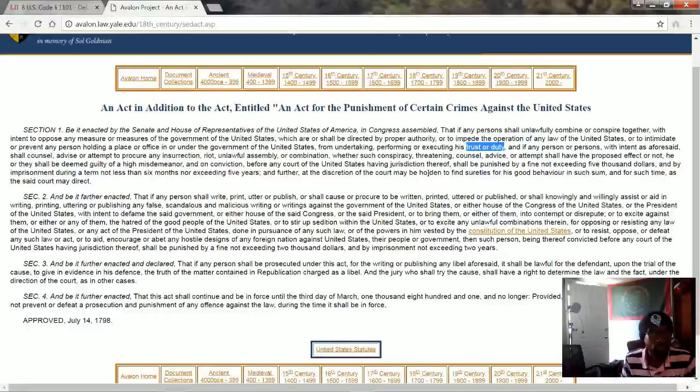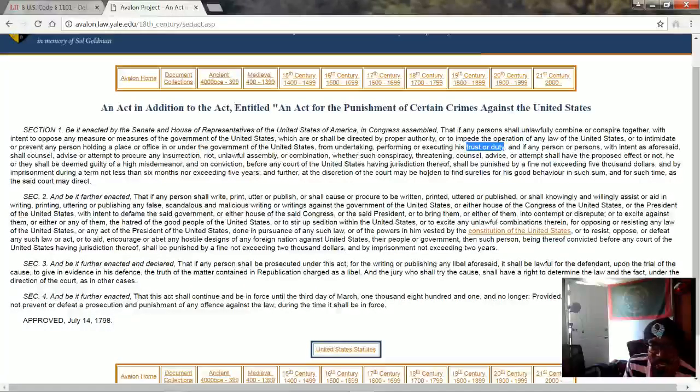Section 2. And be it further enacted, that if any person shall write, print, utter, or publish, or shall cause or procure to be written, printed, uttered, or published, or shall knowingly and willingly assist or aid in writing, printing, uttering, or publishing any false, scandalous, and malicious writing or writings against the government of the United States, or either House of the Congress of the United States, or the President of the United States, with intent to defame the said government, or either House of the said Congress, or the said President, or to bring them or either of them into contempt